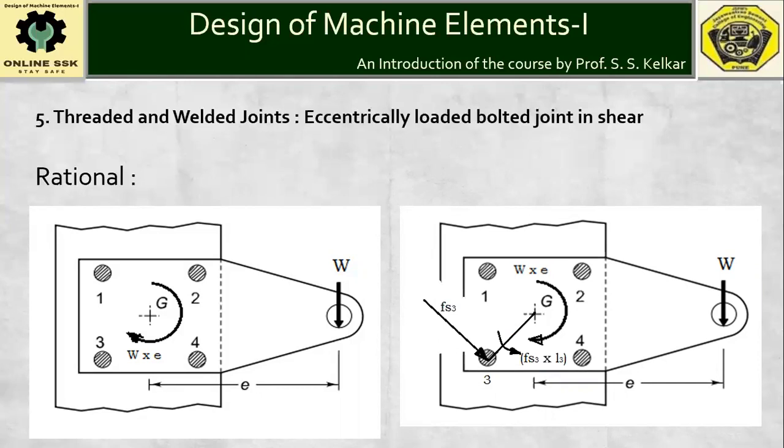Now for bolt number 3, again join the line between CG and bolt number 3. Then a line perpendicular to the line joining CG and bolt number 3 is the line of action of the secondary force. This downward secondary force Fs3 will cause anticlockwise rotation of the bracket, opposite to the rotation of the bracket caused due to the applied load. Therefore, the direction of Fs3 shown here is the correct one.